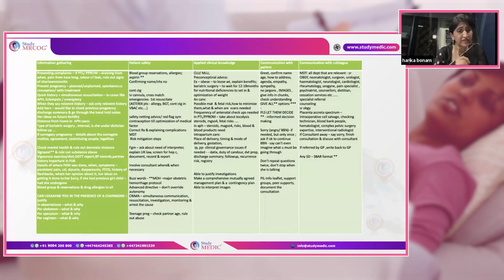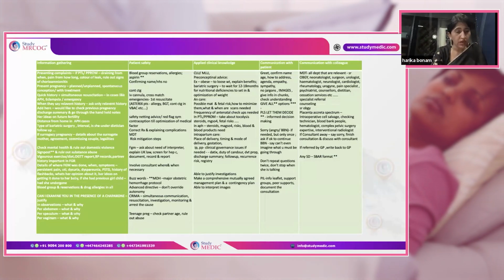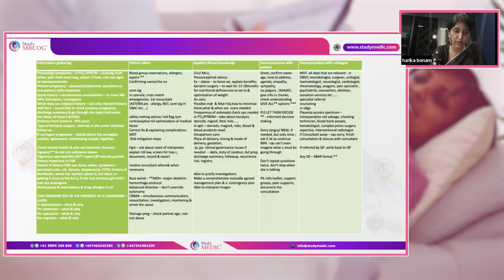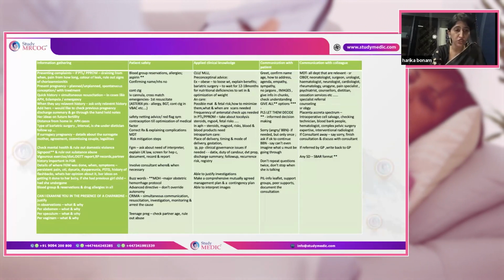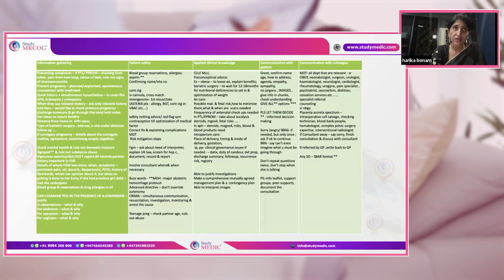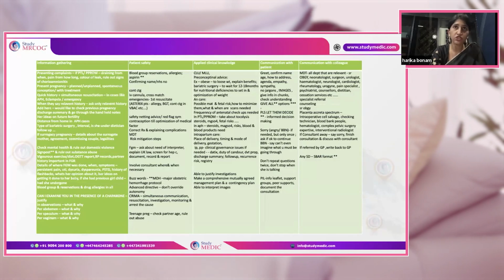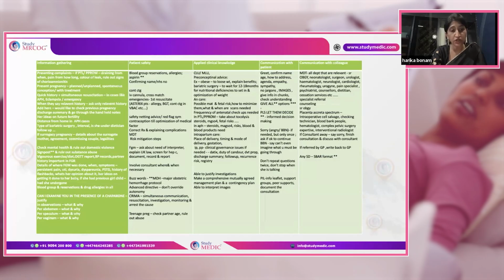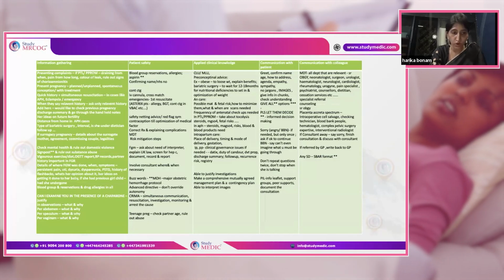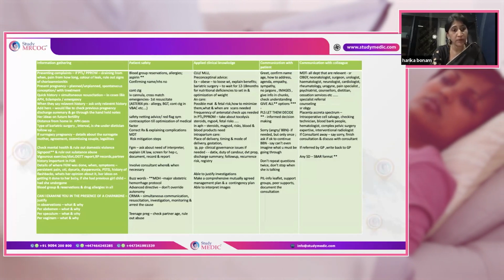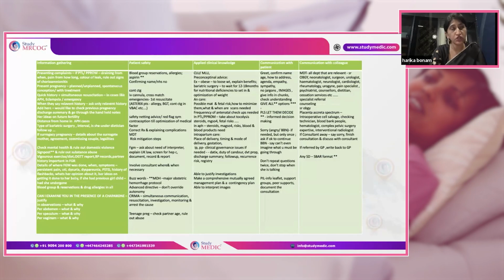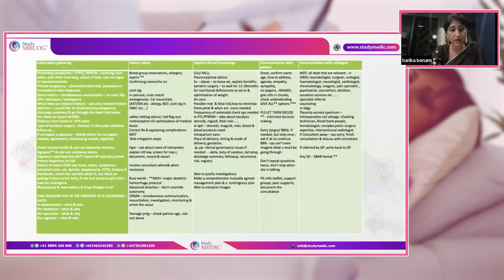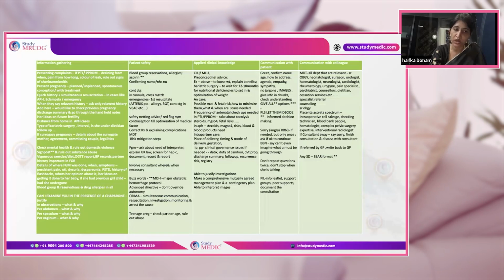And then you have to ask, can I examine in the presence of a chaperone? Whenever you examine, you have to justify what you're going to examine and why, in observations and in per-abdominal examination. Say a patient of VBAC comes to you, you'll examine for scar tenderness. If a patient with draining comes, you'll look for signs of chorioamnionitis. If a patient with antepartum hemorrhage comes, in observations you're mainly looking at whether the patient is stable or not. Does the patient have tachycardia? Does the patient have hypotension? These points you'll have to see.